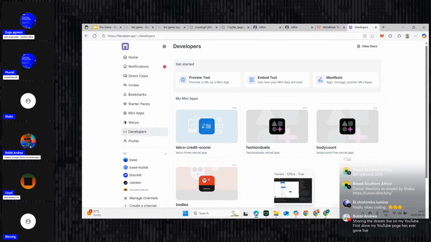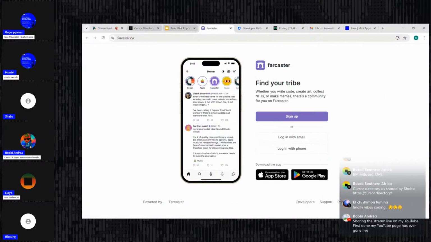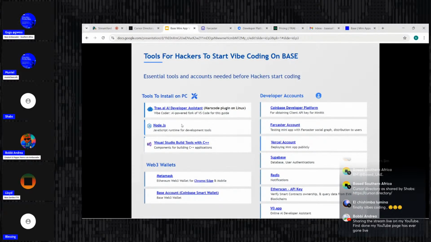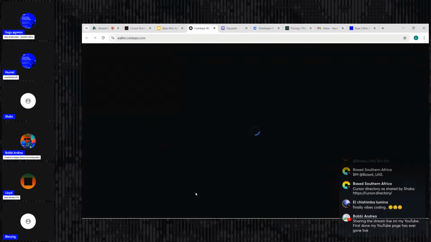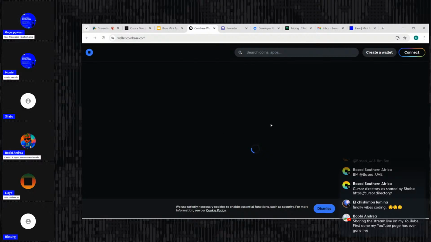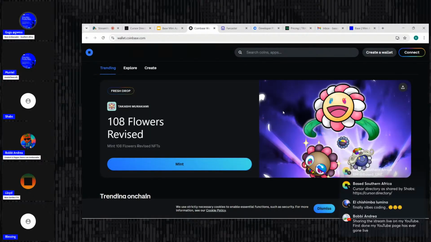Okay, so where are we? Okay, hang a second. Okay, so developer environment and your IDE, MetaMask, Coinbase developer platform, a Farcaster account, and then the last thing that you need to set up, which shouldn't have been the last thing, but my apologies for not going in the order of things. But you need to set up a base account. A base account is similar to MetaMask. It's a wallet, right? This is how you connect to the base app. Okay, so you'll need to set this up.